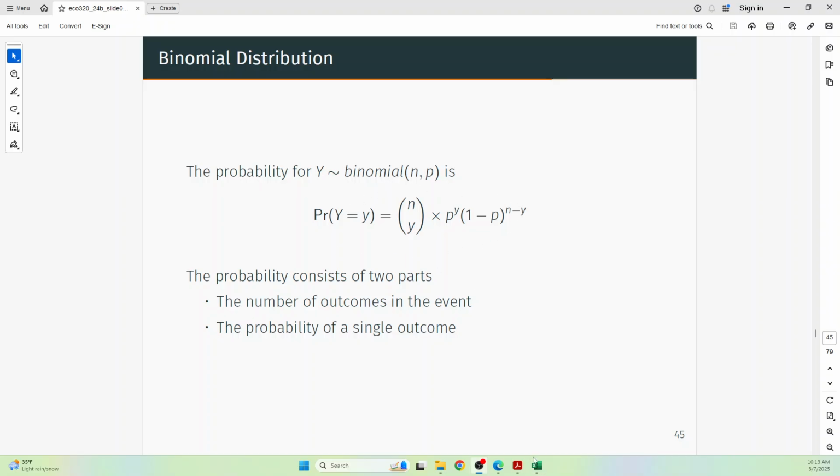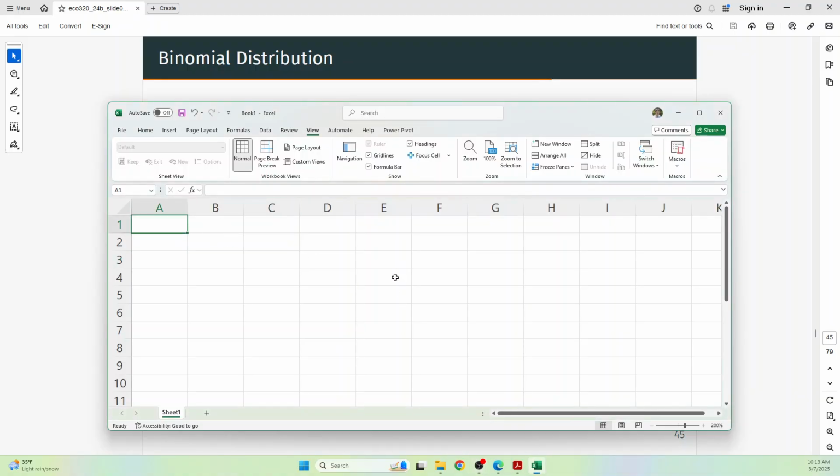formula like this. So first, remember, there are 10 reservations and the probability of cancellation is 10%, 0.1. Then first, we can calculate the combination. The number of combinations choosing 2 out of 10 can be written in this way, 10, 2. So use the formula COMBIN, and when you choose 2 cases out of 10, there are 45 possible cases. And then the probability is 45 times